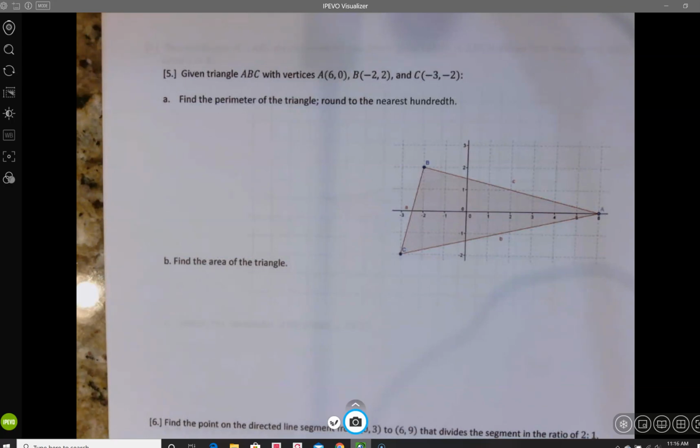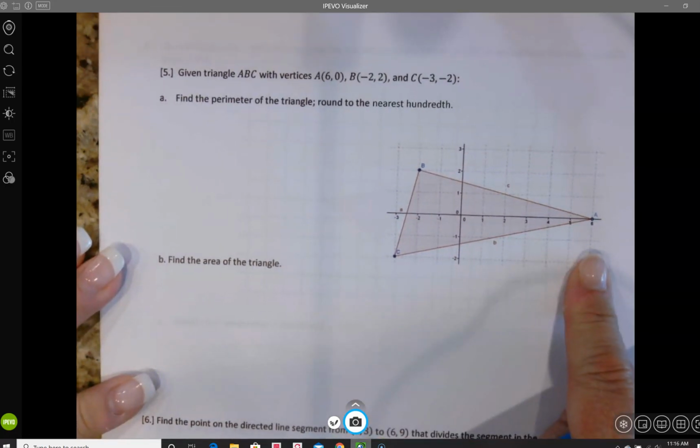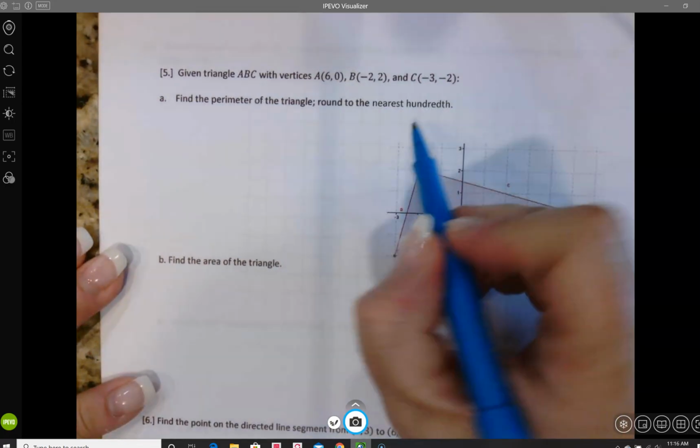So here we are, question number 5. This is a little bit more involved of a question, simply because we need to use some of our formulas that we've already learned. So here we have a coordinate plane with a triangle that's been graphed, and we're given